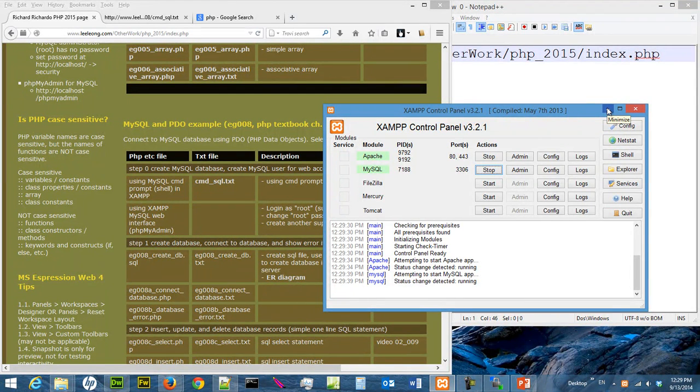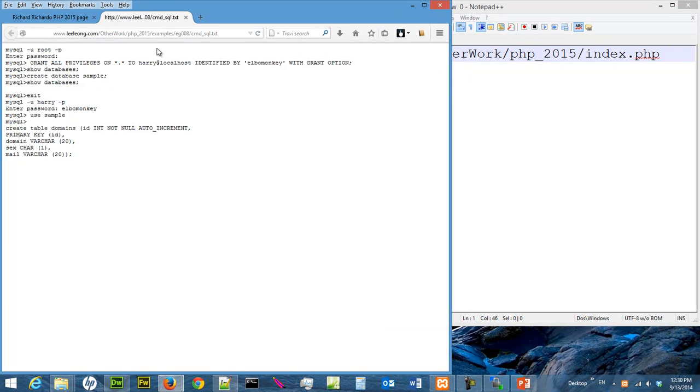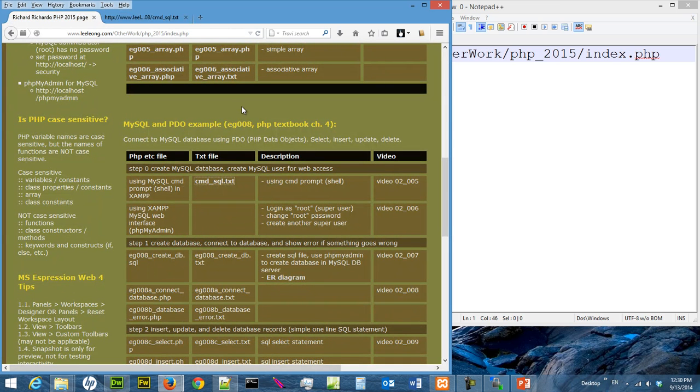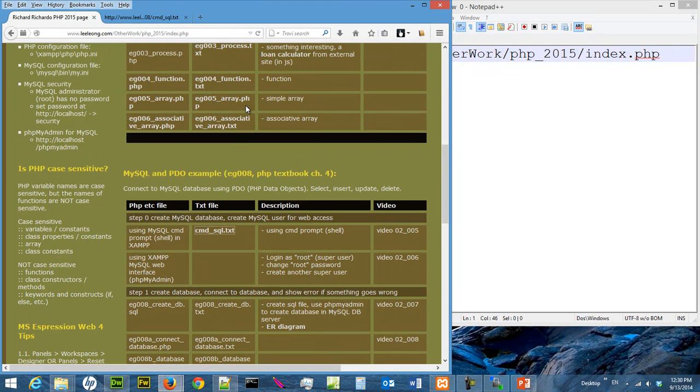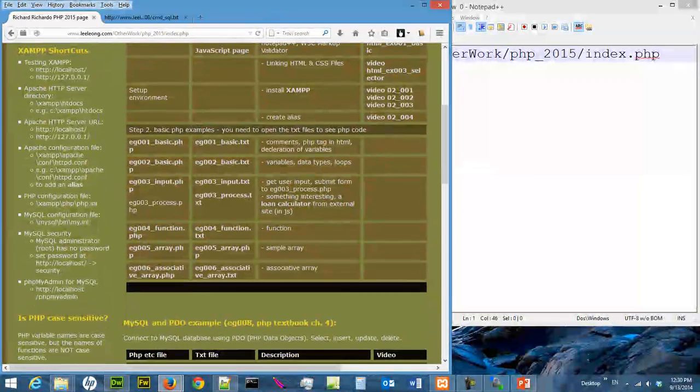Alright, so now you want to access the MySQL database. One way is to use the MySQL shell or command prompt using the MySQL commands, but a lot of people nowadays are not comfortable with it, so we can use the web interface. And there are some XAMPP shortcuts I put here, on how to go to MySQL